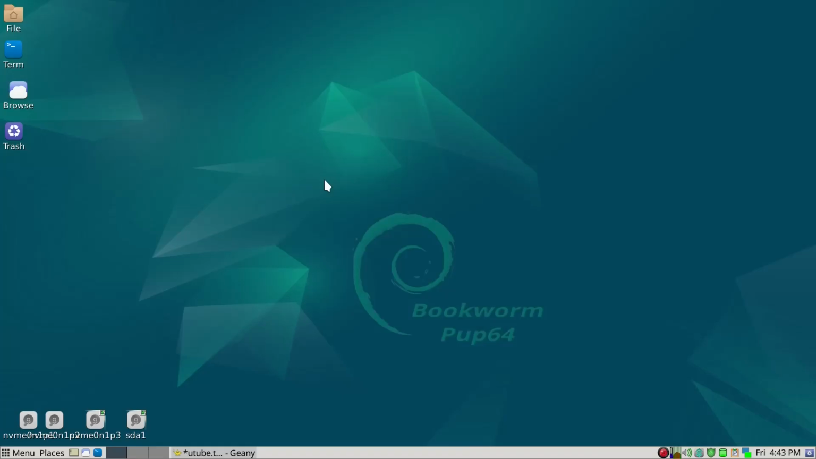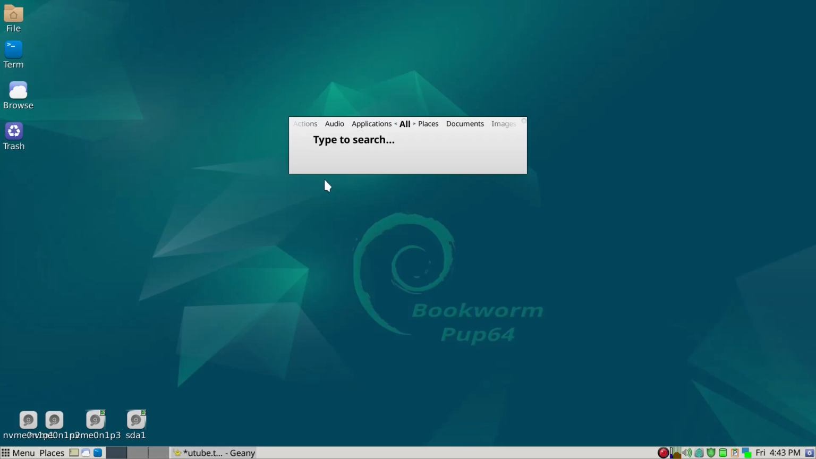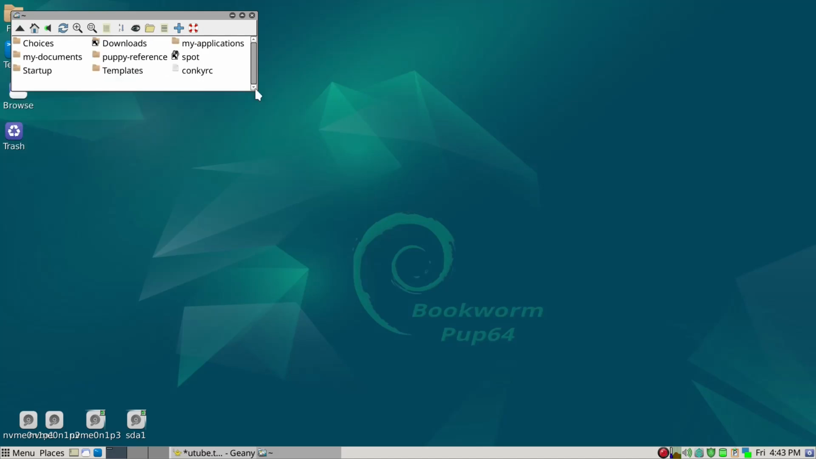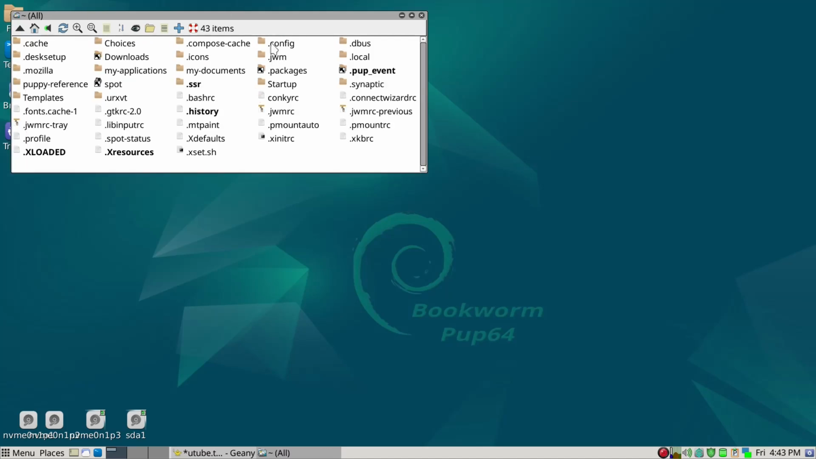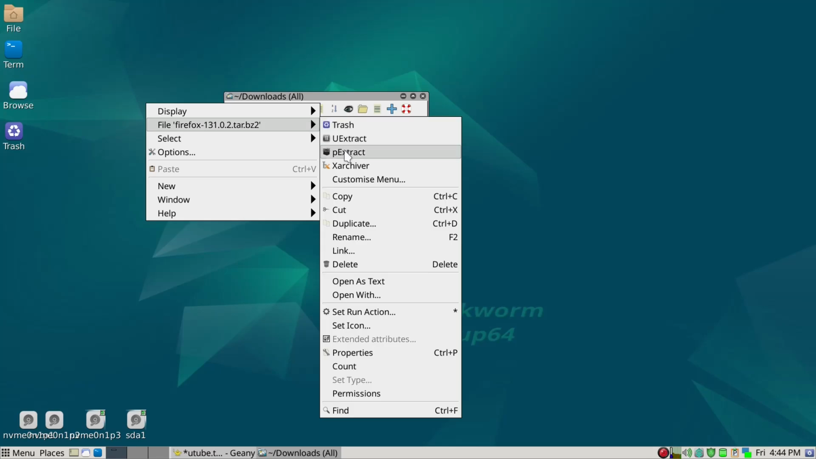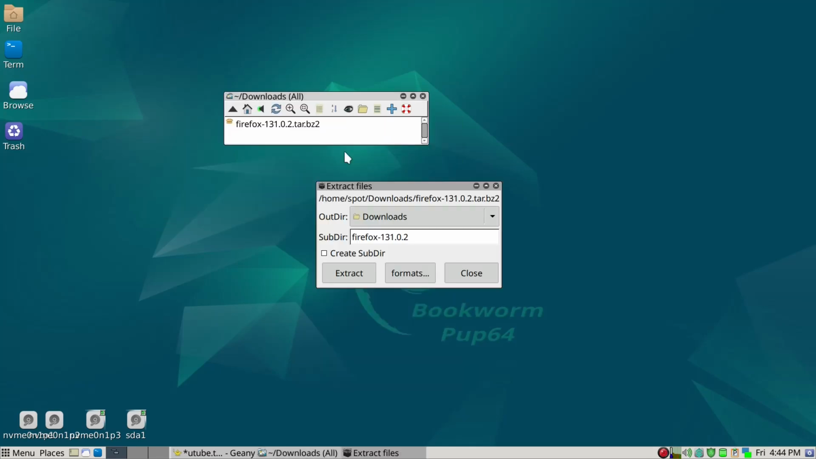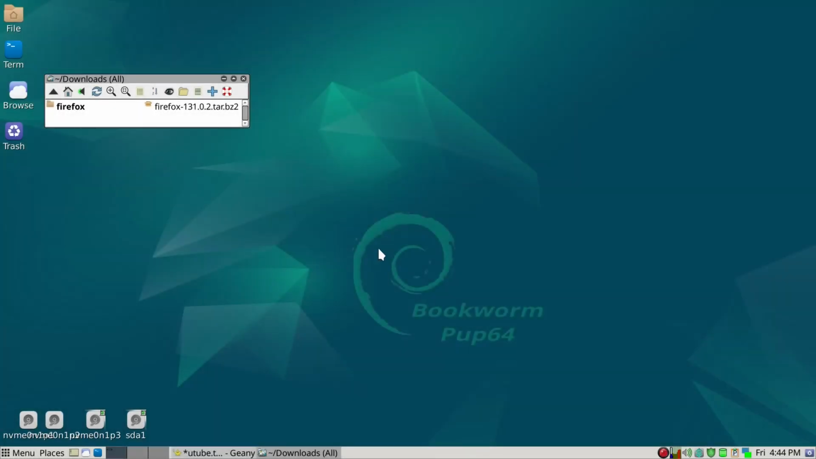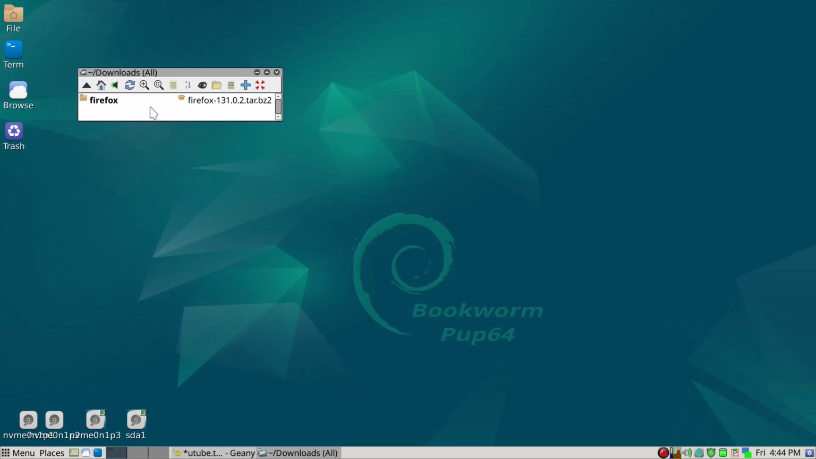So in Bookworm, Control Spacebar brings up Synapse. So we'll just go Roxfiler and then make it easy, and then Control H, and then we can go to the download folder. So what we want to do is right click on that file, and then P-Extract will work, and then you just extract here. It just takes a few seconds,